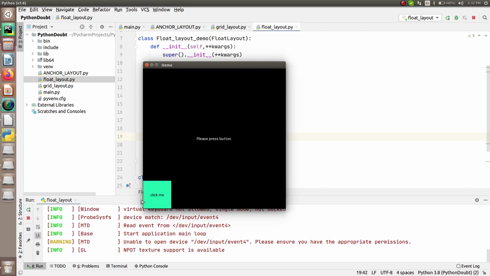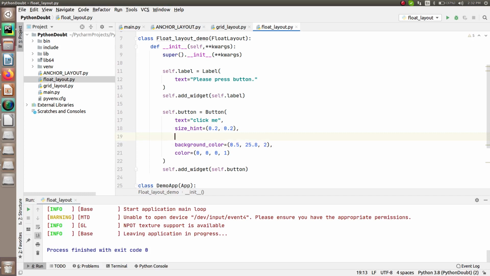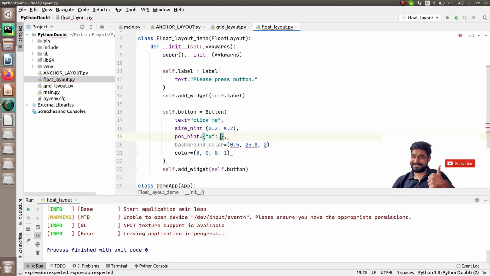And now as you can see, this is on the origin, or let's say at the default position. But in case you want to change the position, if you want to move the button from here to somewhere else, let's say over here, how am I going to do it? Let me show you that. For that there is another argument, and that argument is named pos_hint, which is a positional value for it, right? And this is a dictionary, so you have to pass data in the form of a dictionary, and in here there is an x, you have to set the value for x. Similarly you have to do it for y as well, right?